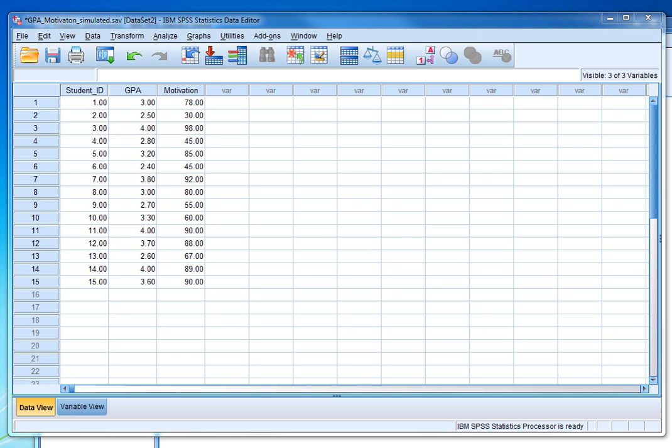In this video, I will show you how to generate a scatter plot and how to compute correlation coefficients in SPSS. In this data set, we have a set of 15 students for whom we recorded their GPA and their scores on the motivation scale. In this case, scores on the motivation scale can range from 0 to 100, where higher scores represent higher achievement